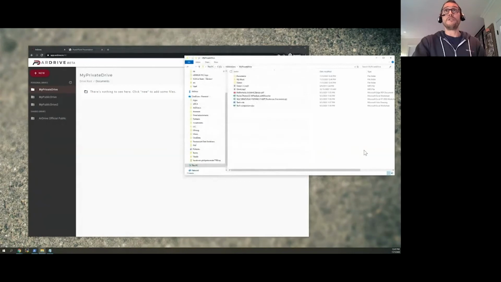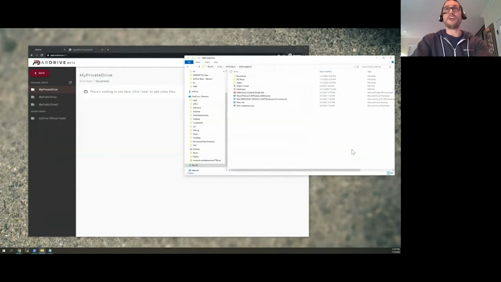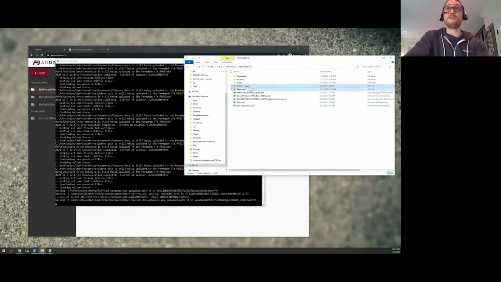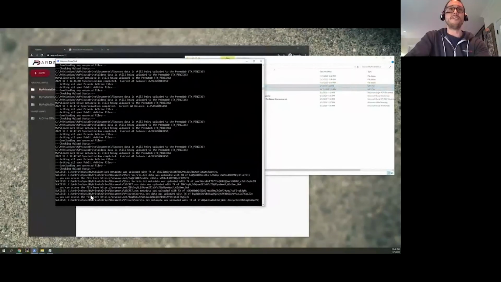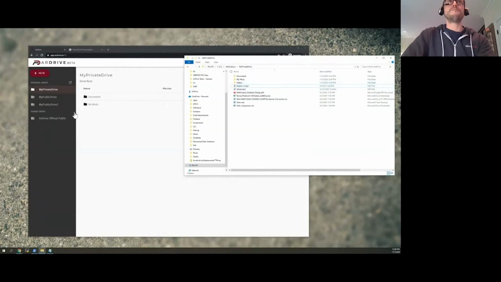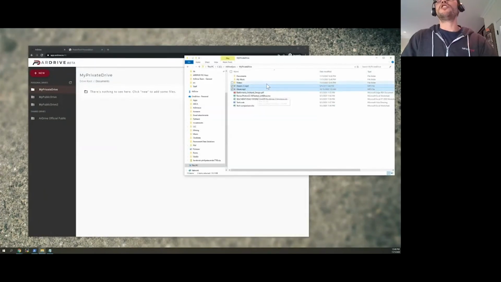So, I think we showed most of the features. I was hoping some of these things would get mined right away. But once the data is in there, you could essentially move it around, rename it. So I could take a couple of my songs here and put them into my music. There we go. Success. Refresh. So I see some of my music. Some didn't get there yet. But just to show that you can move things around, let's put this into my music. These are actually documents, so let's move them into my documents.